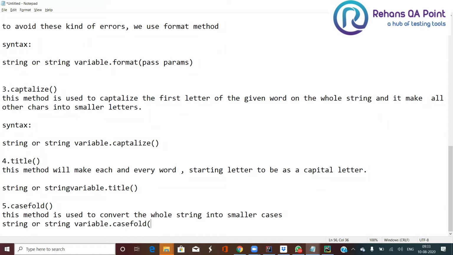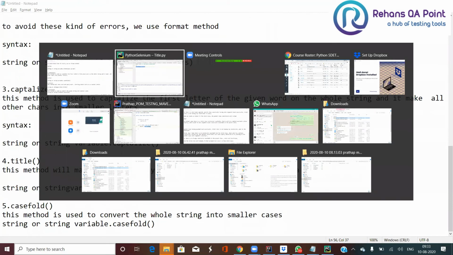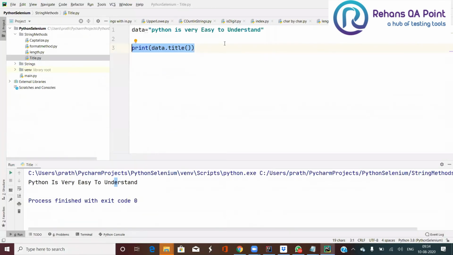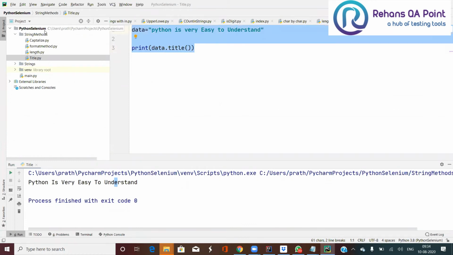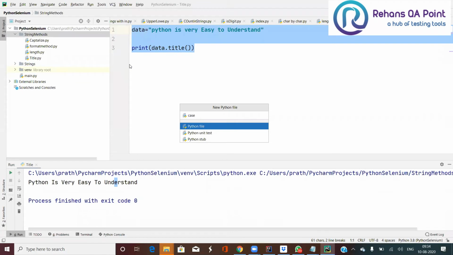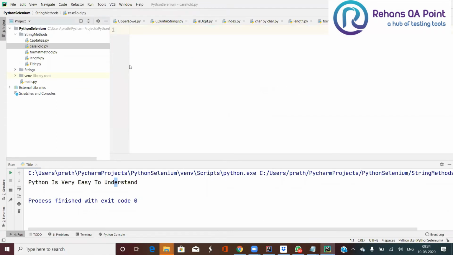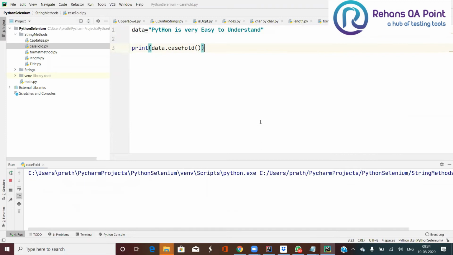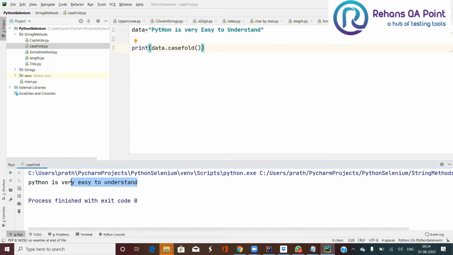It is going to return every letter of the string in smaller case. So let me copy this again and create a new Python file called casefold. Now I'm going to make it casefold here. Each and every letter that is available here is going to be converted into smaller case.